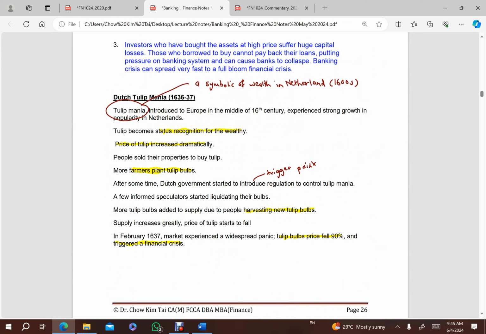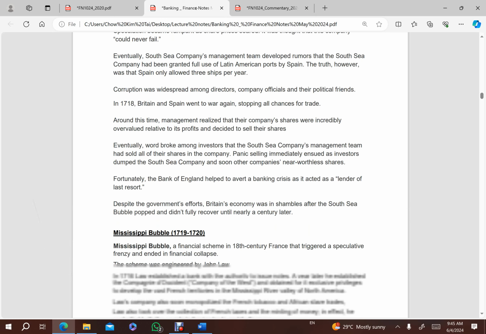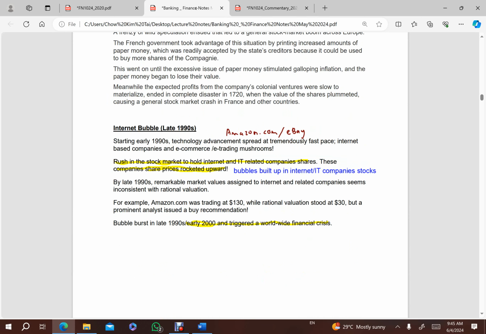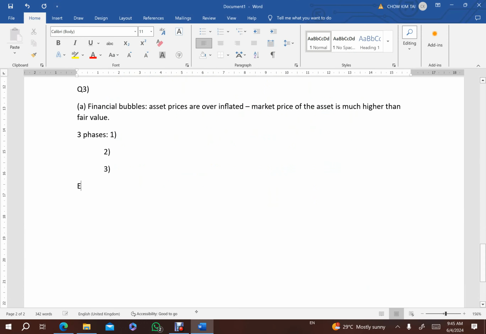That the tulip become overinflated in price, or the global financial crisis when the property overinflated, or the Asia financial crisis, the currency overinflated, Asia currency, or internet bubble. You give example. So pick. So after that, you give example. Okay. So you can give example from the